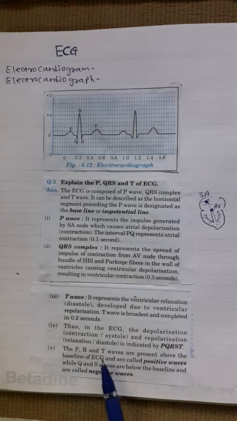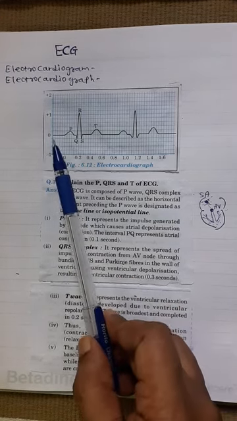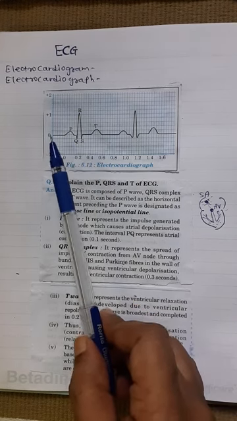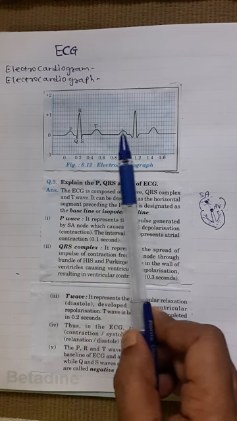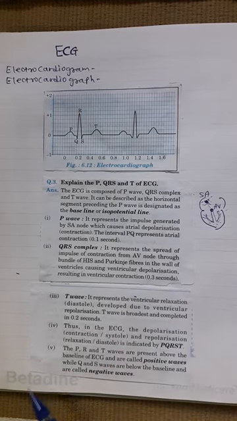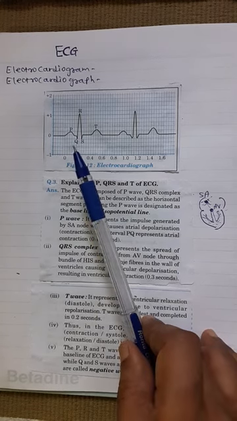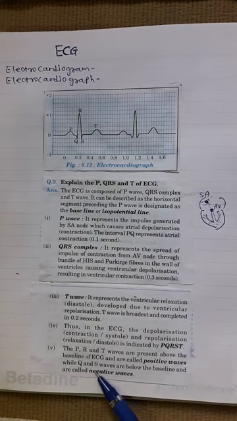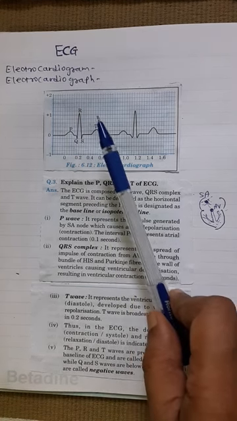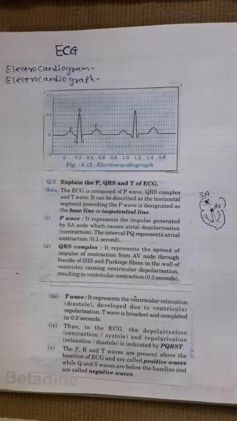The P, R and T waves. Now again we can see this ECG graph. The P, R and T waves are above the baseline. This is the baseline of an ECG. So these three waves are present above the baseline, that's why they are called positive waves. And the waves Q and S are present below the baseline, that's why they are called negative waves. So these three are positive waves and these two are negative waves.